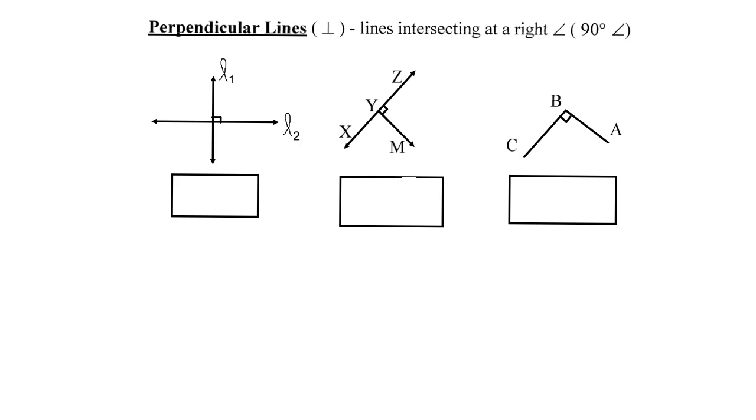In this case, you see the symbol. In mathematics, if you put a box like this, it indicates that two lines are perpendicular. So line L1 and line L2 are perpendicular. So this means that L1